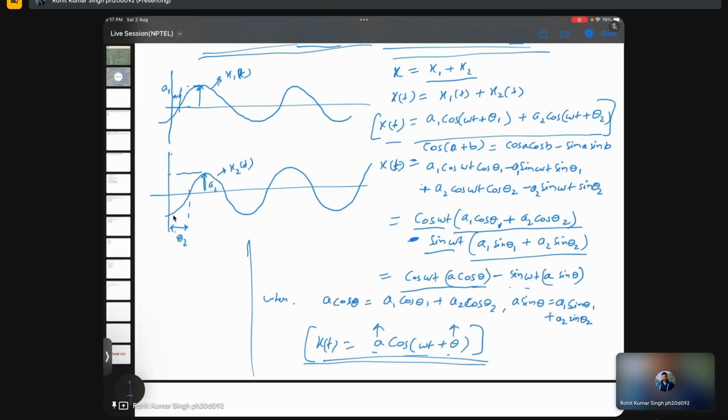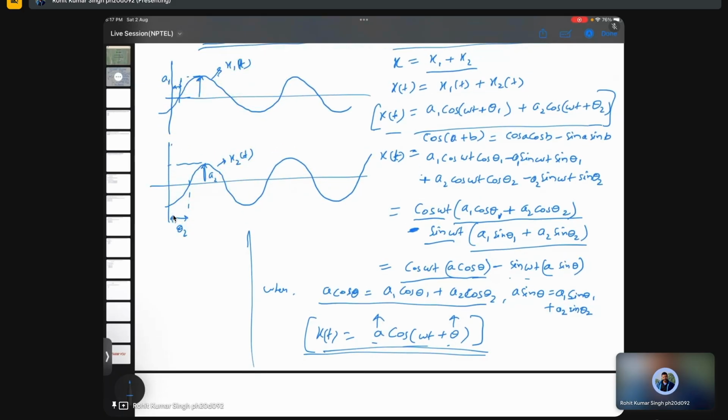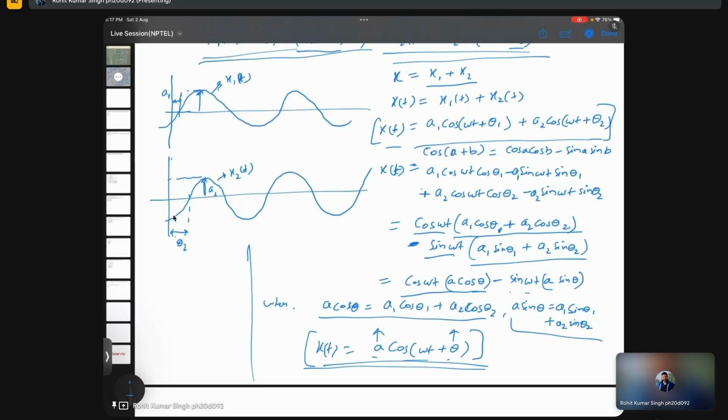So from these two formulas, if you square and add, you will get A square. On the right hand side, cos square plus sin square theta will give you 1. So you will have just A square, and on the right hand side you will have A1 square plus A2 square